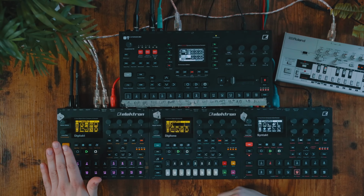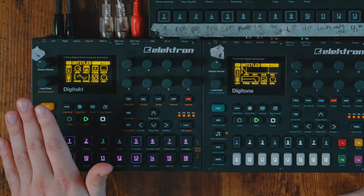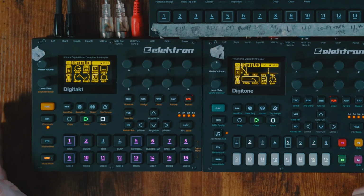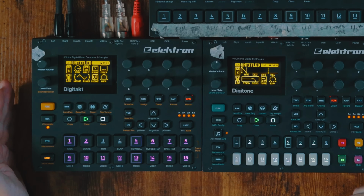This right here is the Digitakt. This is kind of the centerpiece of the whole thing. Although it's not in the center like the Octatrack is, it truly is the centerpiece and where most of the writing happens. I use the Digitakt for all of my drum duties, vocal samples, which are really important to have in your music. People latch onto vocal sounds, so vocals and drums, but I also do some synthesis on here,